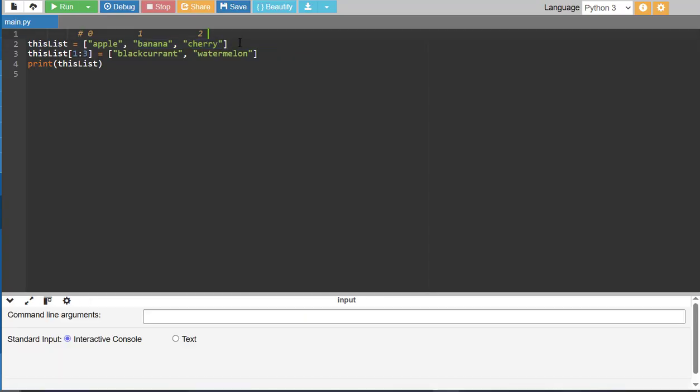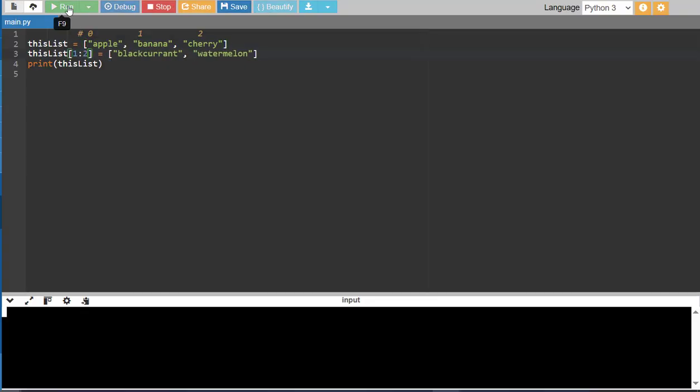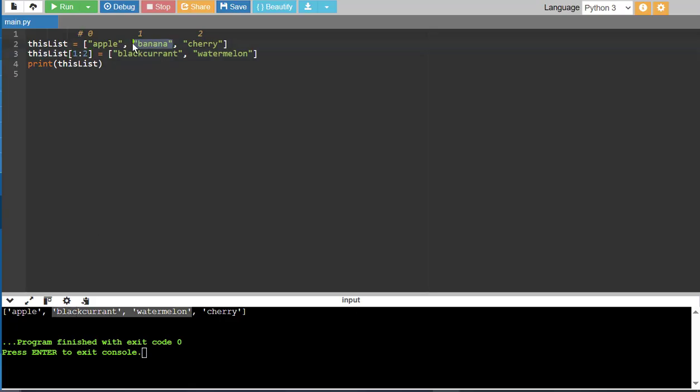mango. Now, I actually want to truncate the list to just the 3 fruits to demonstrate the next example, which is what happens if we want to insert more items than we replace. So the new items will actually be inserted where we specified, and the remaining items will move accordingly. For example, if we want to change the second value, replacing it with 2 new values, in this case, blackcurrant and watermelon, for example, we can say 1 to 2, run the program. And now we see that we have apple, blackcurrant, watermelon, and cherry. So these 2 values here replaced just the one value, which is banana, the second value that we wanted to